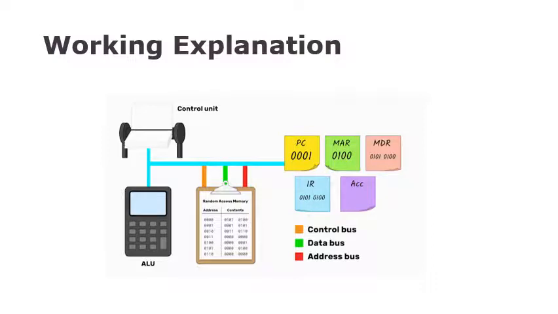Now the command will be executed. The operand is copied to the MAR, memory address register, as this is the address of the data that needs to be loaded. The data at the address 0100 is then fetched from RAM and passed up the data bus to the MDR. As it is not an instruction but simply data, it is then passed to the accumulator.